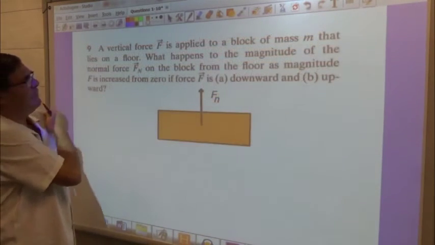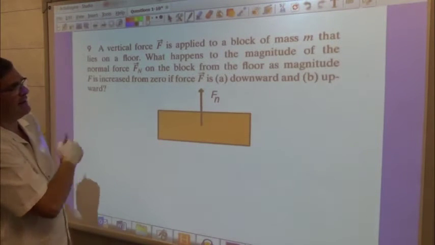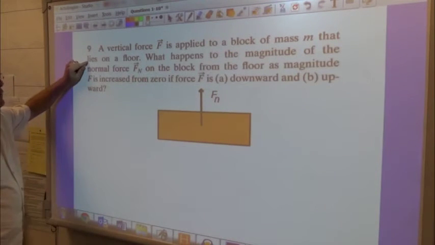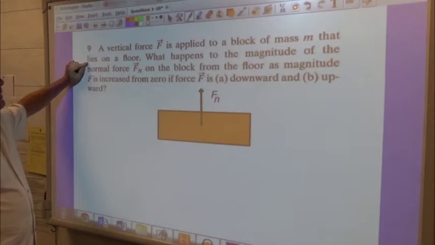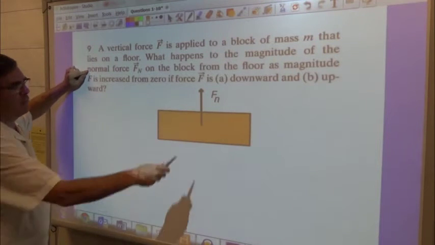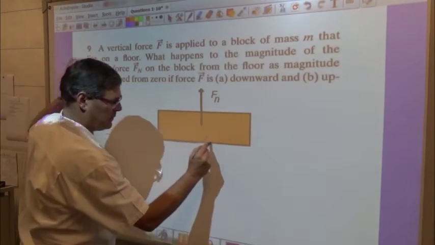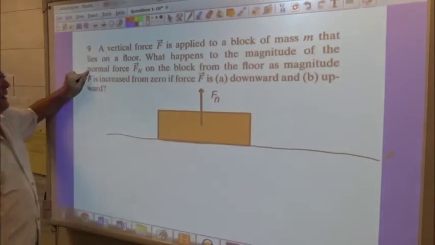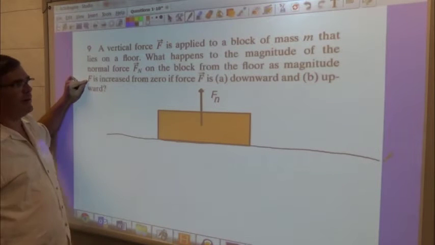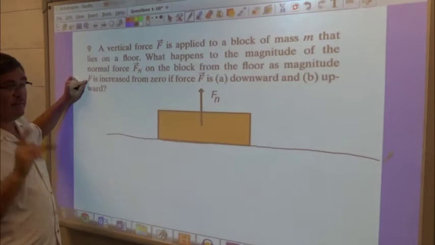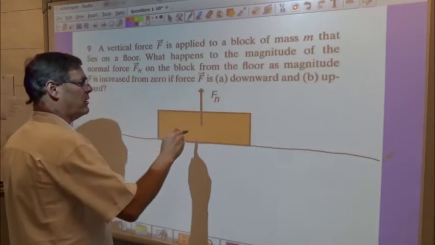Question 9. A vertical force is applied to a block of mass M that lies on a floor. What happens to the magnitude of the normal force? So I've drawn the normal force vector. Here's the floor. As the magnitude of F is increased from 0, if F is downward,